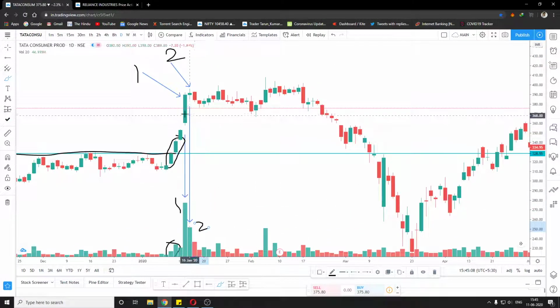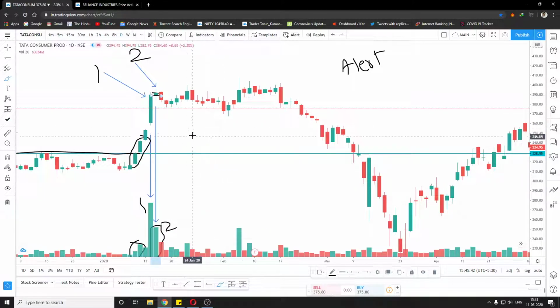The first candle is good because it is supported by good volume. But if we look at the second candle, this is the point we get alerted, because the spread of the candle is very small, and the volume is still huge for the amount of spread we have. I think we just have a few rupees of spread, but the volume is very, very big. So this is the point where we get alerted that there is something wrong.